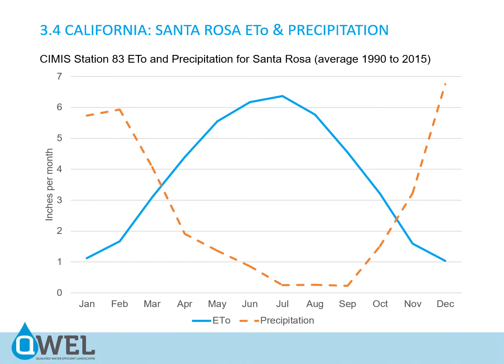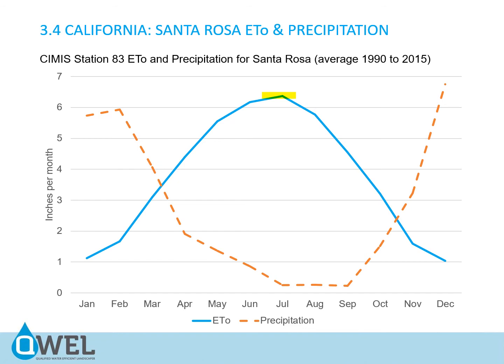So here in California, Santa Rosa specifically, this is a chart that compares ETO to precipitation. The zone station that we're using in Santa Rosa for the most part is CIMIS Station 83. And this is an average from 1990 to 2015 as well. So you'll see this blue line here represents the ETO of plants in this region, which is just above